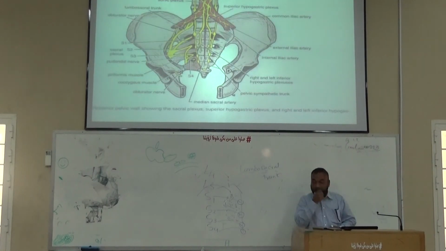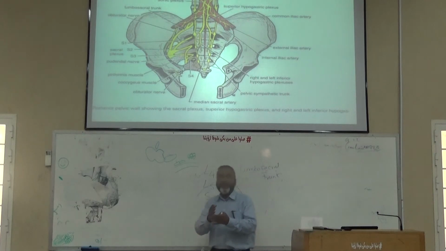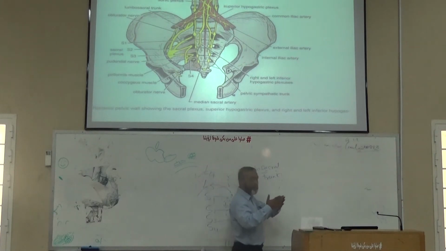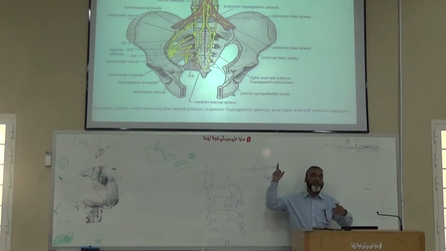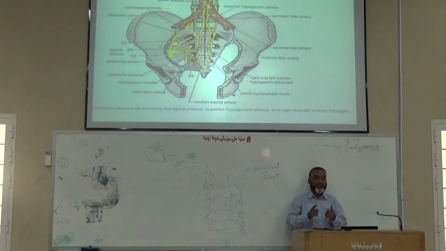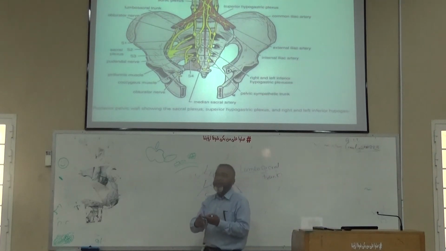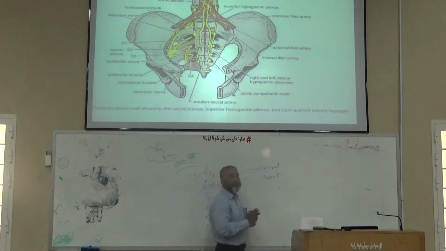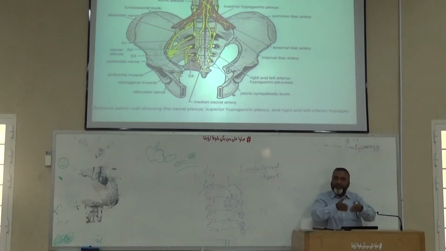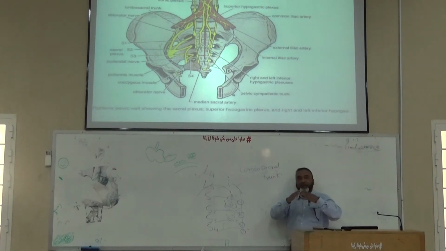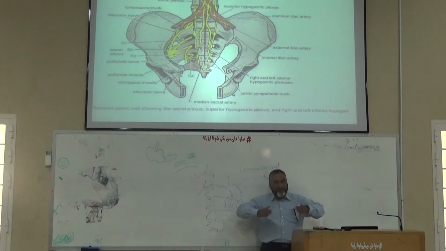When the common iliac artery on the right or the left side enters into the false pelvis and reaches the anterior aspect of the sacroiliac joint, you can see the sacroiliac joint here. Then it divides into the internal and the external iliac arteries. The external iliac artery runs laterally over the pelvic ring. Remember, after its origin it runs laterally over the